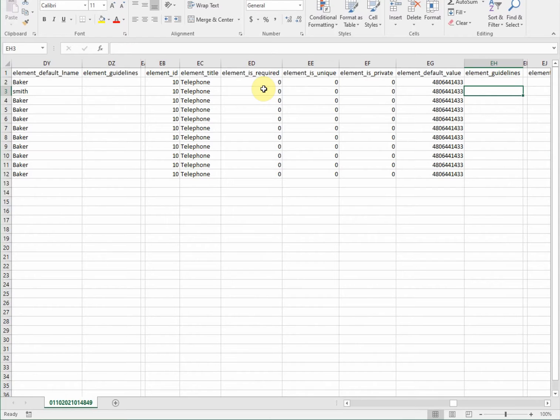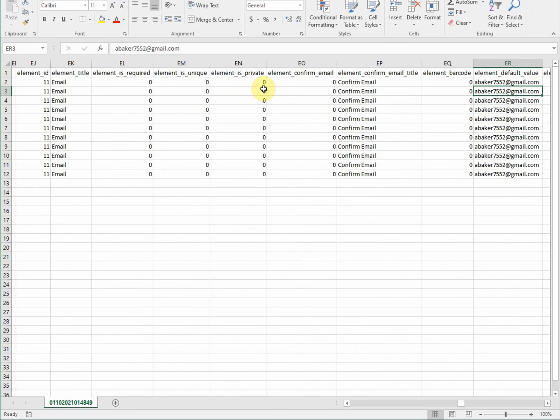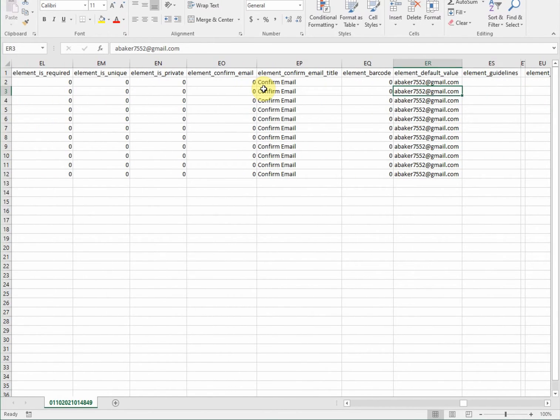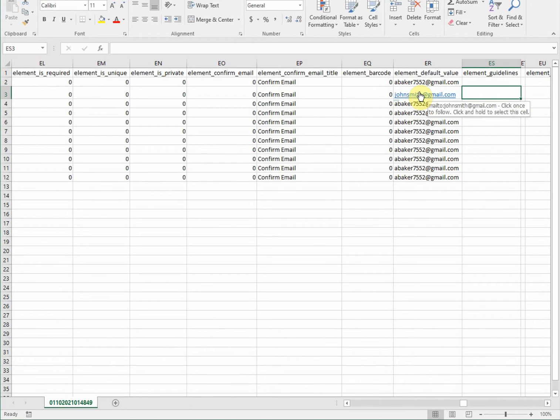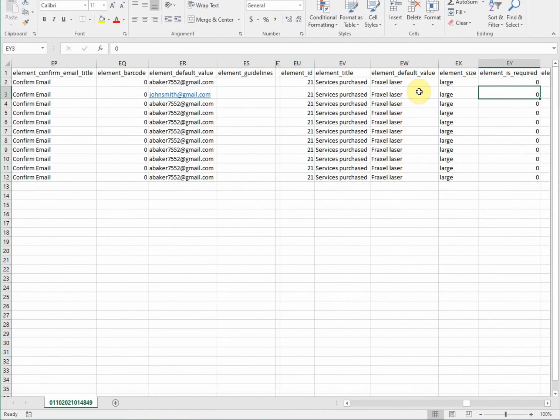which I see is telephone, and change the default value to 12345678890. I will now go to the right again, which I see is email, and change the default value to johnsmith@gmail.com. I will now go over to the next field element again, which I see is a single line text field, and change the default value to laser hair removal. And if I go over to the right again,